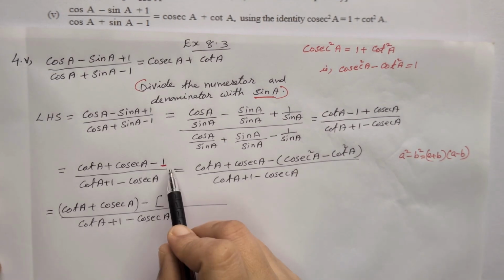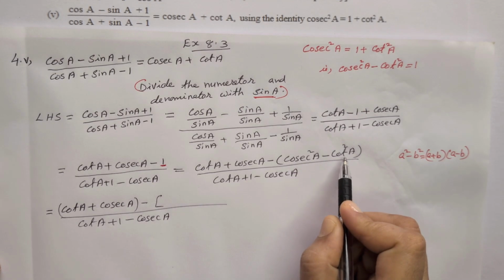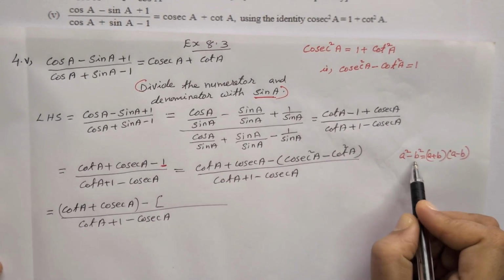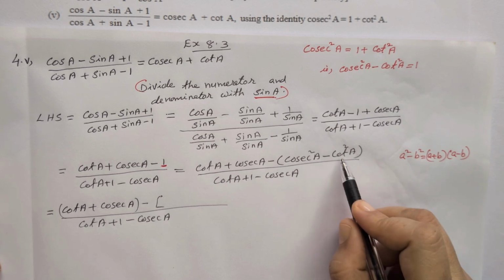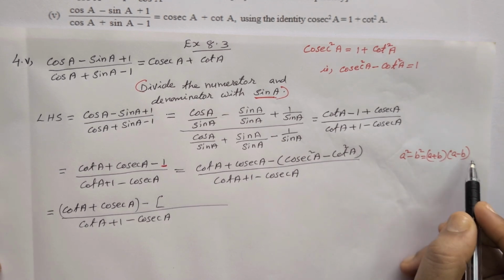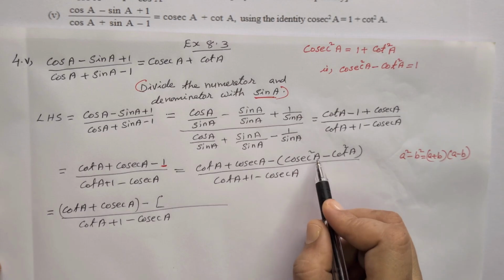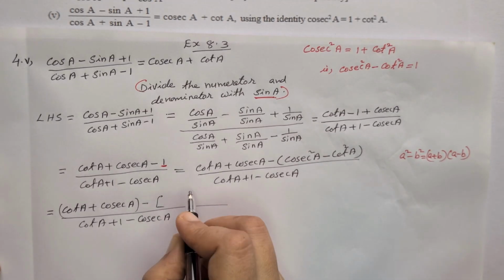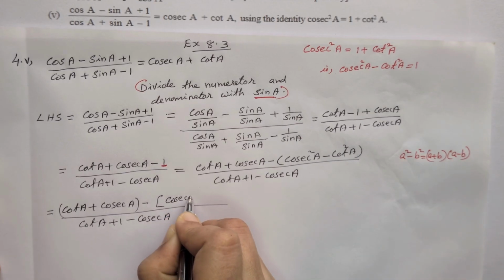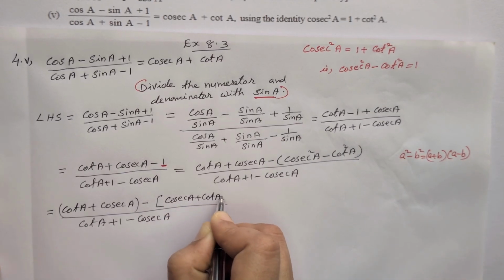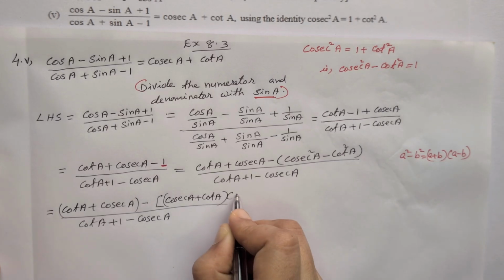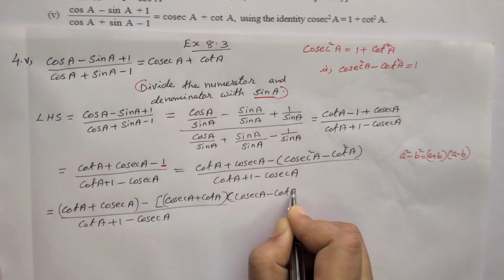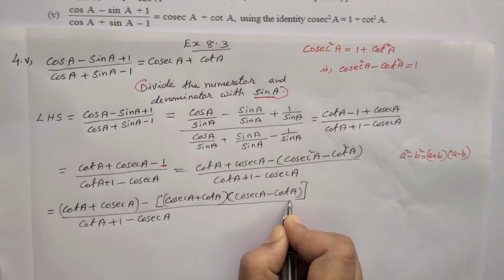From that, in place of 1, we put cosec square A minus cot square A. Rest of the terms same as that. But this we can use the identity A square minus B square in that form. So A plus B into A minus B. Sum of the terms into difference of the terms. So we can rewrite that as A plus B into A minus B form. First one, cosec A plus cot A, that in one bracket, and cosec A minus cot A. This is the whole thing in square bracket.